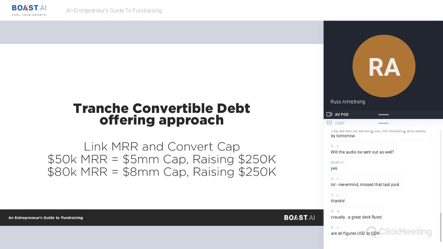And this is just covering off a strategy that you can go to market with where you link your MRR to a convert cap. This is something that you need to be pretty transparent about at the get-go. But again, it allows you to be a little more transparent and allows you to have a little more urgency on what you're doing. I'd say the rule of thumb that most people go by is if you're raising less than $1 million, use converts or safes. And if you're raising more than $1 million, do a priced round with equity. I think that's a safe rule of thumb that everybody can work with.